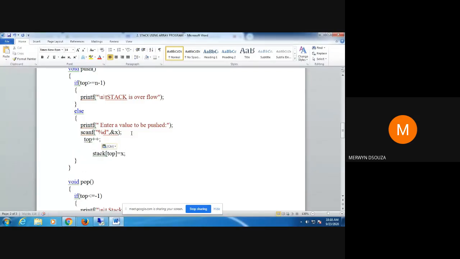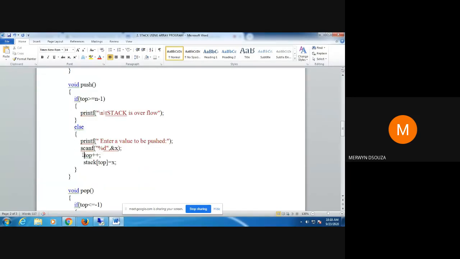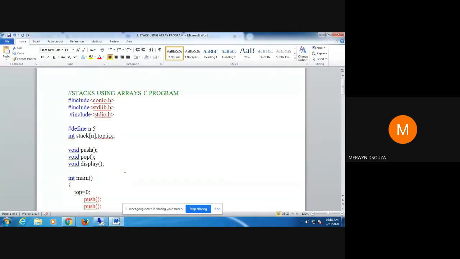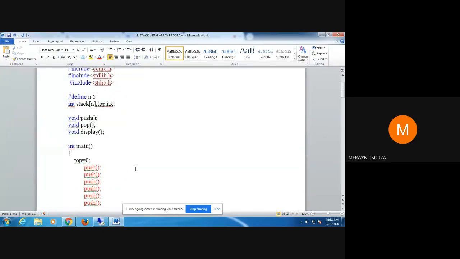There's no particular reason for doing it like this. But if you look at any textbook, they will always tell you that push operation involves incrementing the value of top first and then inserting the value. So even I could have done it differently. For example, I could have set top equal to 999.